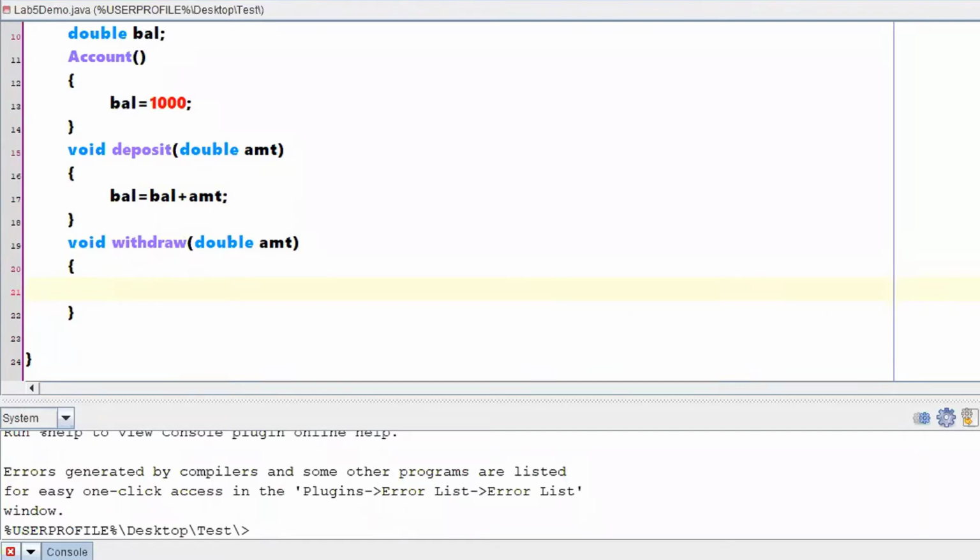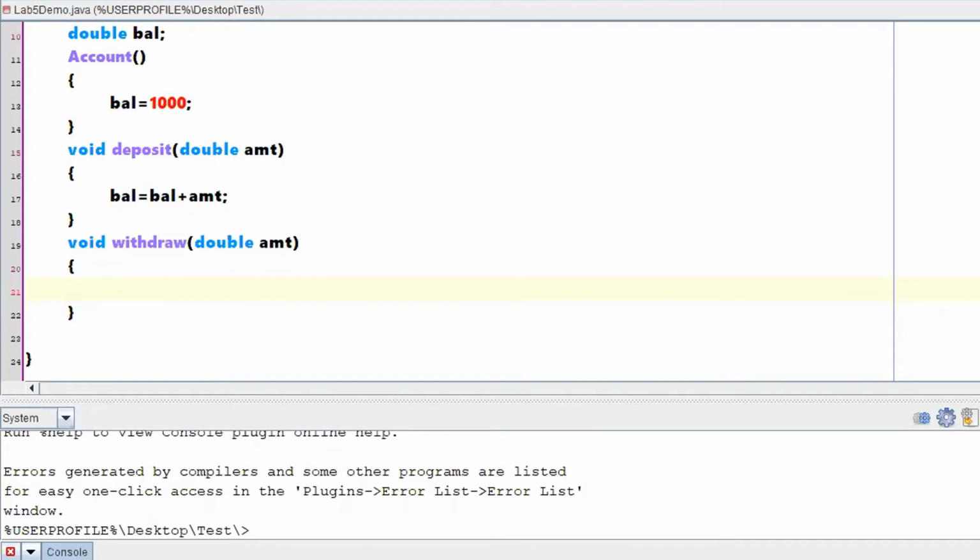Correct. Now, while withdrawing amount, do I need to cross check whether, if I withdraw this particular amount specified by the argument, it is going to reduce my balance or what? That I need to cross check, right? Correct. So my intention is, before I perform a withdraw operation, I need to check whether it is feasible to withdraw or not.